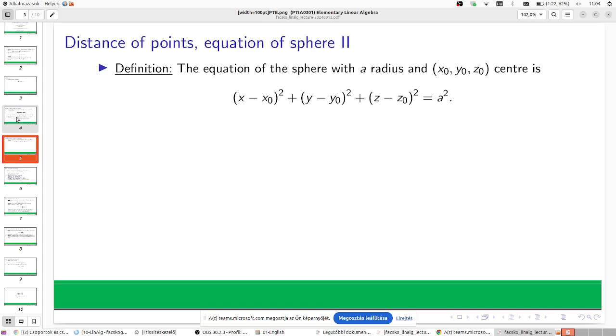Sorry, it's very ugly, but I will upload better plots. I have a point, a vector on the surface. I have a center point, and the distance is a. So it means that I'm looking for